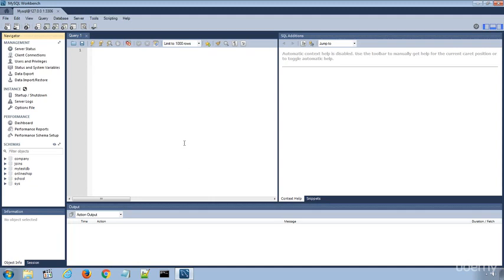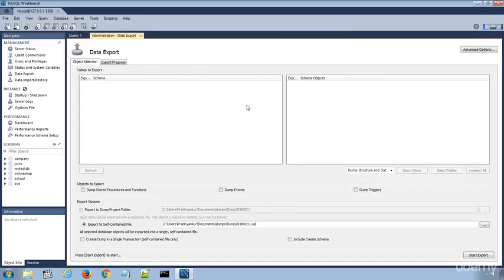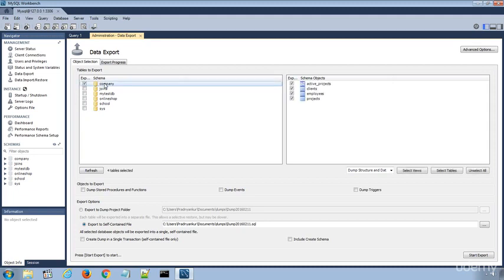First of all, to export databases or tables, from the top menu, select Server and the Data Export option, which will open a new window of data export settings and options. The left section of the window displays all the existing databases on our MySQL database server. When we select a database by clicking on it, it displays all the respective tables under that database.